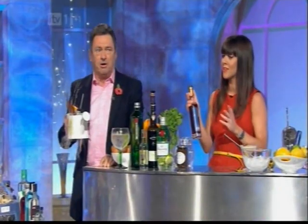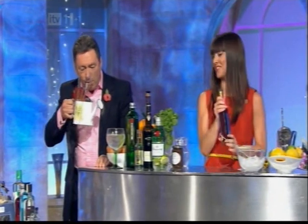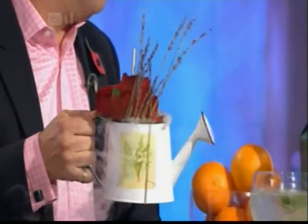I work at the Beaufort Bar in the Savoy, and we do a lot of theatrical serves like this. We don't normally serve them in watering cans, though, I have to say. How do you like that? The Savoy, I love it. It's very fruity. Not in a watering can, no. We're a little bit more elegant, but...